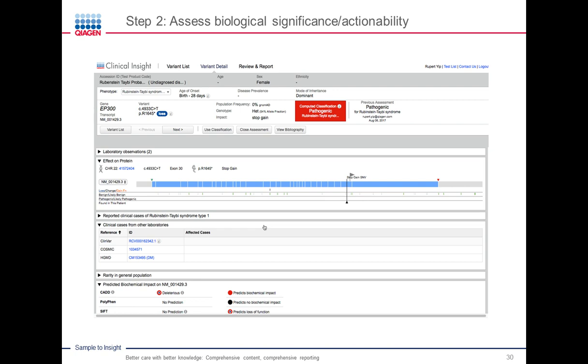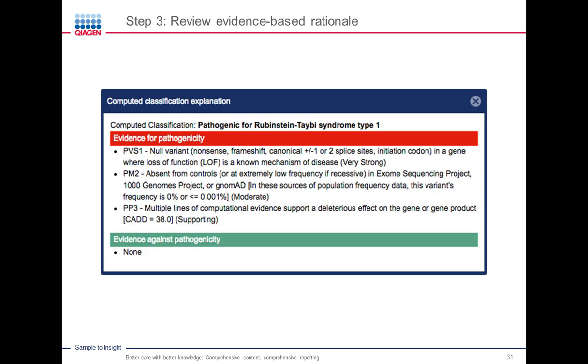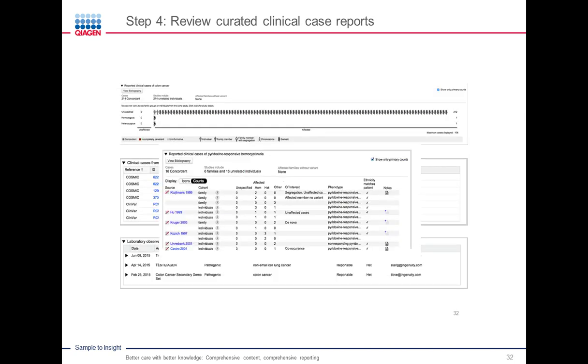To understand how that classification of pathogenicity came about, you can click to look at the criteria that are triggered. And so in this particular case, this variant had triggered PVS1, PM2, and PP3 criteria. And you can click to look at the scientific literature to understand where those criteria come from.